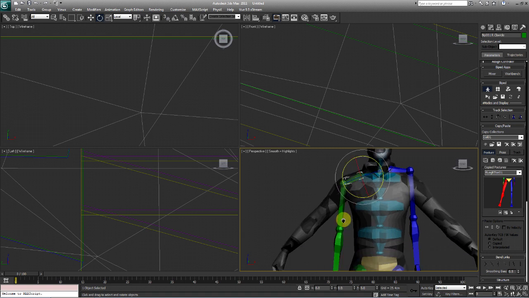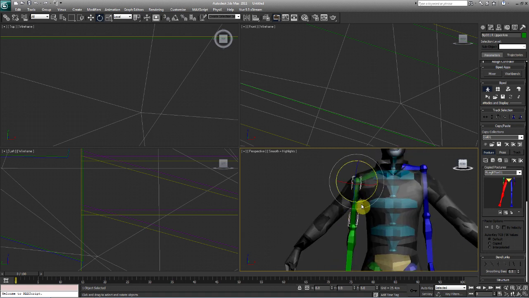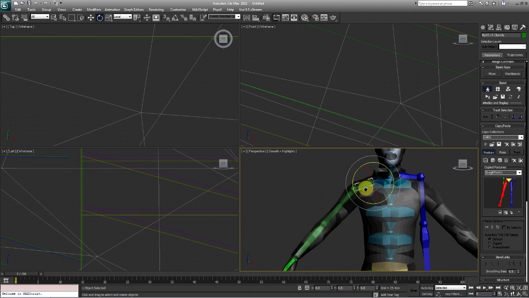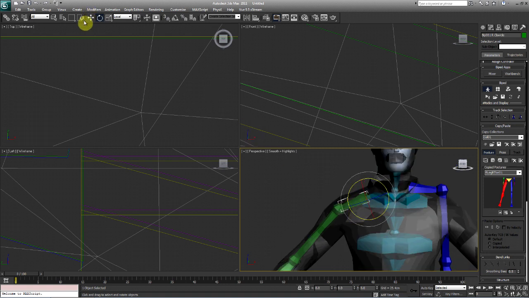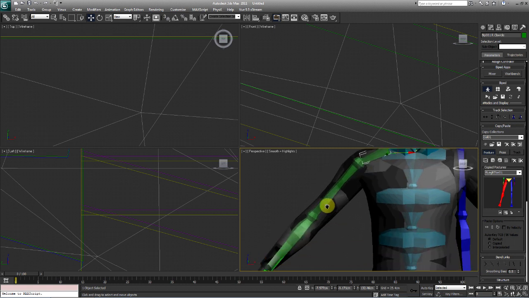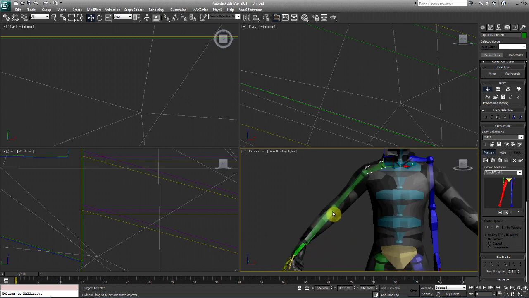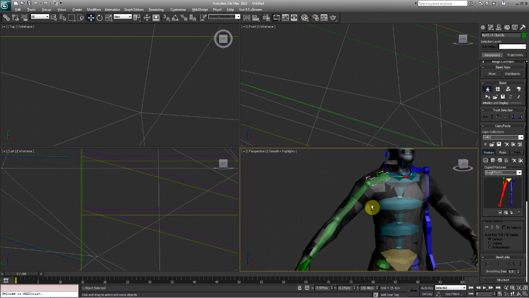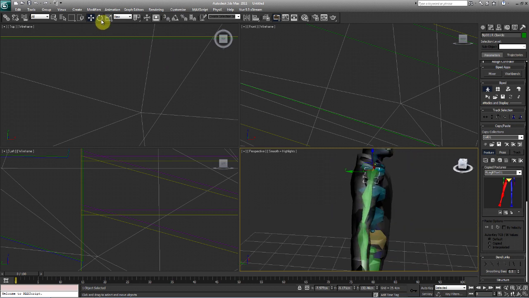Let's move the arms. Right there. I'm going to actually move this a little bit. And that looks pretty good. Alright. I'm going to rotate the shoulder back just a little bit.